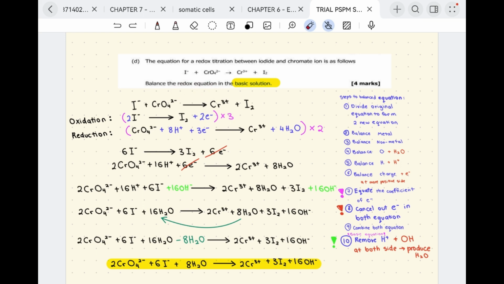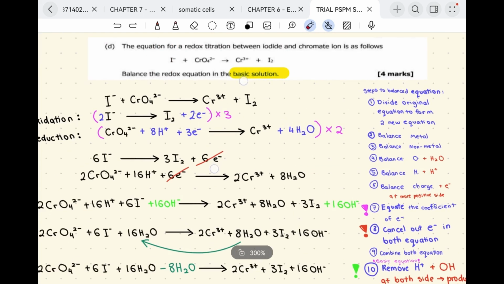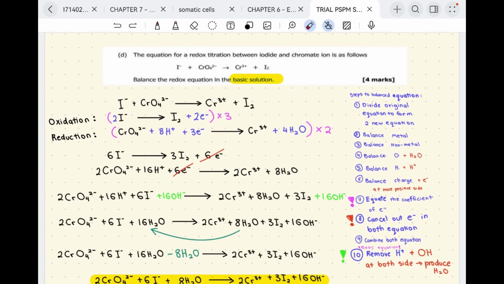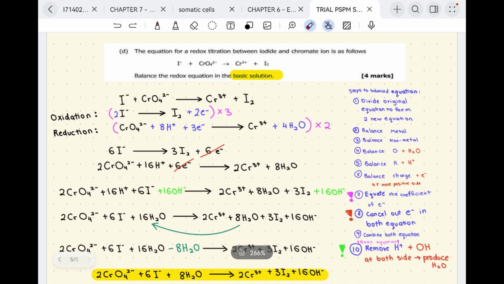In a redox reaction, we know that it involves compounds that undergo reduction and oxidation, right? So later in the balancing equation working, you need to show which of the compounds undergo reduction and which undergo oxidation, and we need to label them. So first, for balancing the equation, we need to